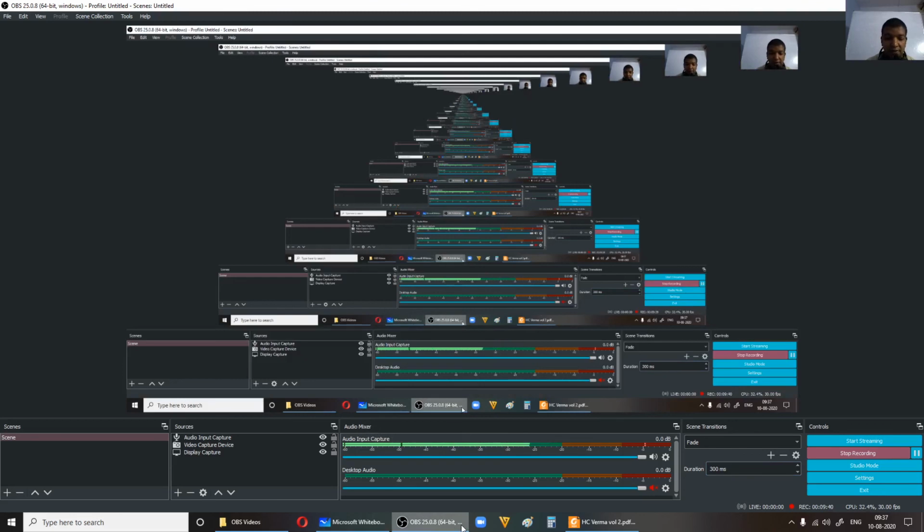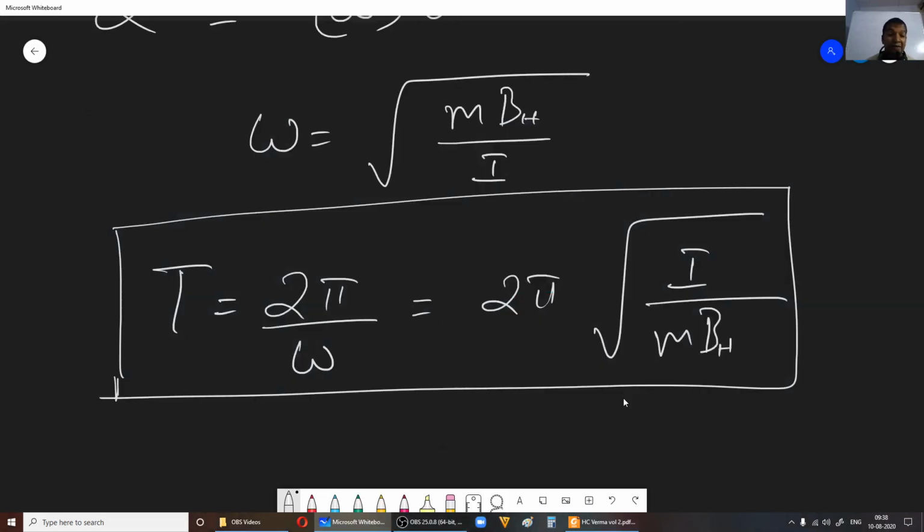Please make sure you have noted down the difference between tangent galvanometer and moving coil galvanometer. Whatever has been discussed in today's class and yesterday's class, please put it on paper, so that when you're referring back, you have a clear idea. The way we define sensitivity for the tangent galvanometer is different from the way we define sensitivity for the moving coil galvanometer. So that is why all this confusion.